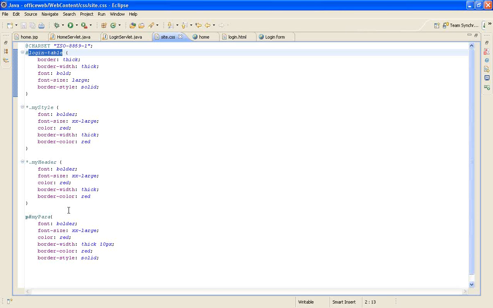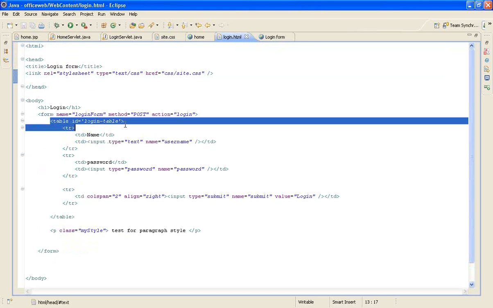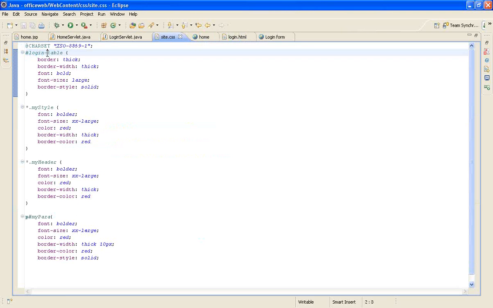If there is an element in your HTML file that has an ID that is there in the CSS, then these properties will be applied to it directly. Here there is a table with login-table, and in my CSS I have defined a style for this particular ID.